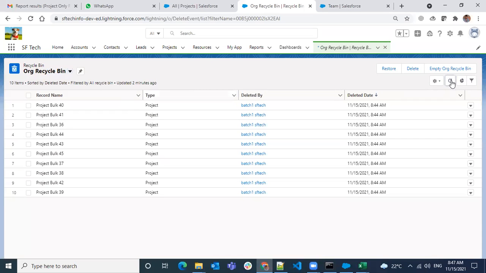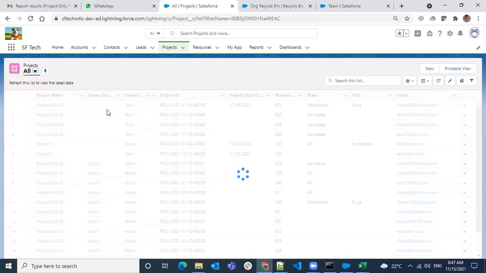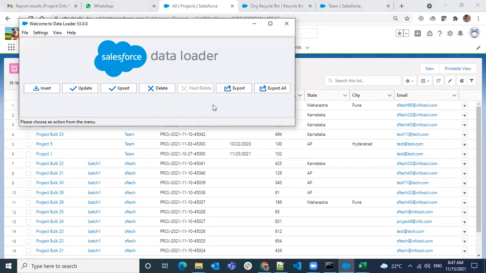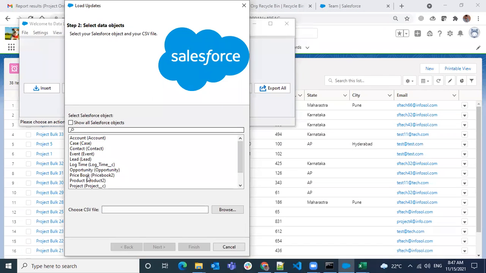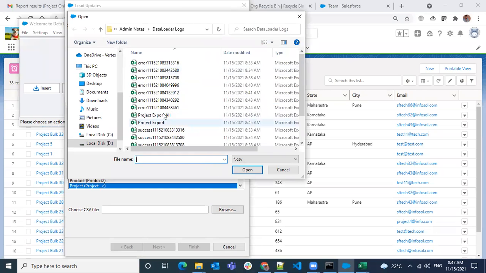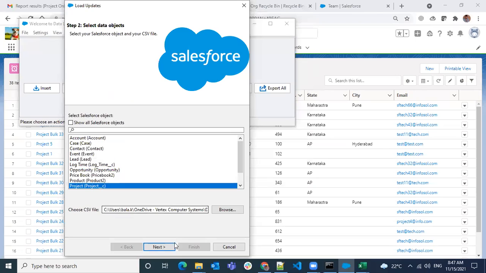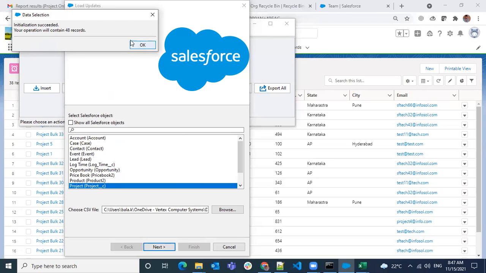So here in the recycle bin I have 10 records, and in the object I have 38. Now let's do an update and project, browse, and desktop, and delete. I want to do next.